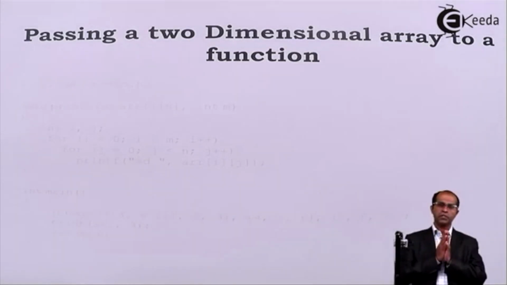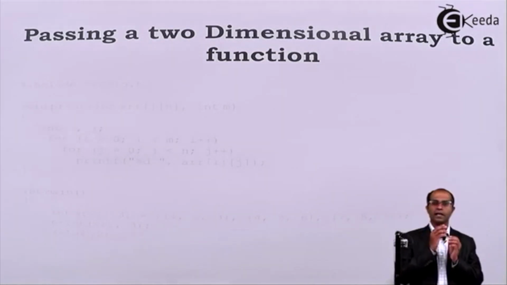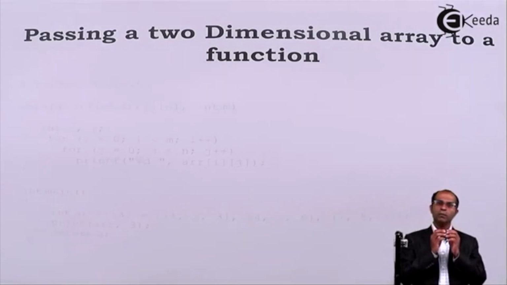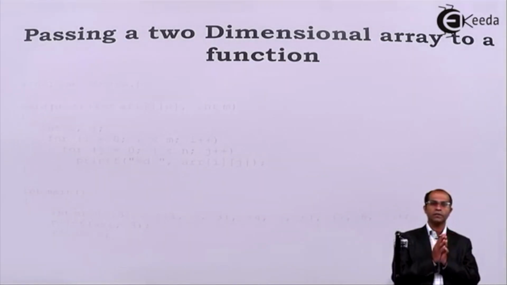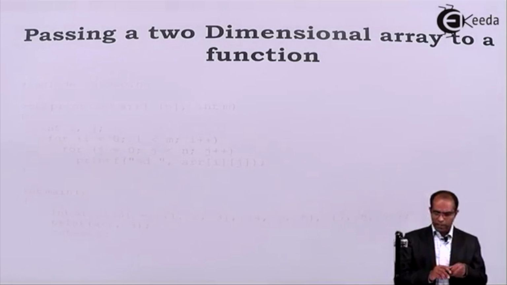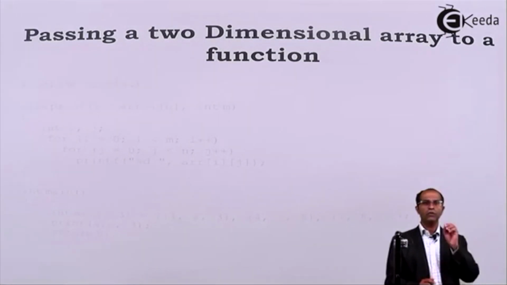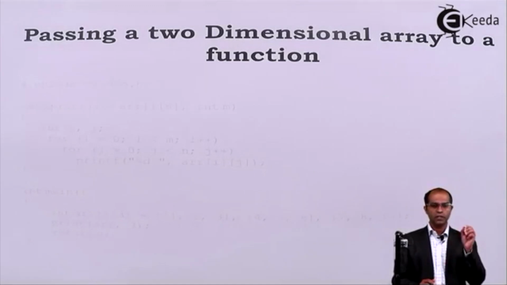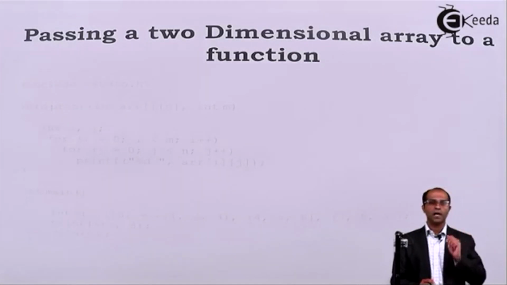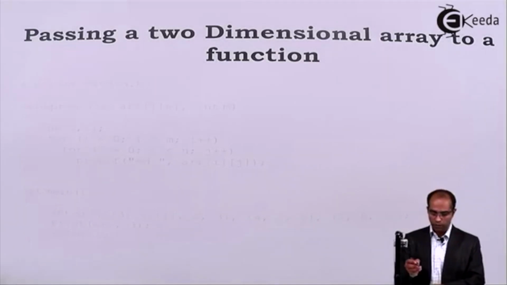Now there are two conventions of passing an array as a parameter to a function. One by the normal concepts of arrays and the other is by the concepts of pointers. Now, if I say that I have to pass a two-dimensional array as a parameter to a function, let us go with the conventional method where I'll be using the concepts of arrays to pass the two-dimensional array, right? Let us look at a simple code.